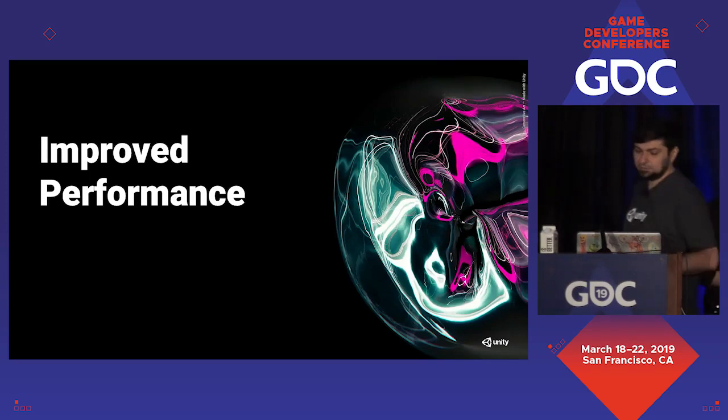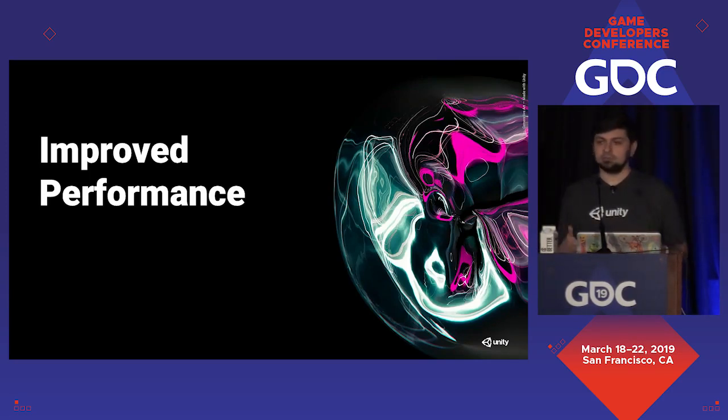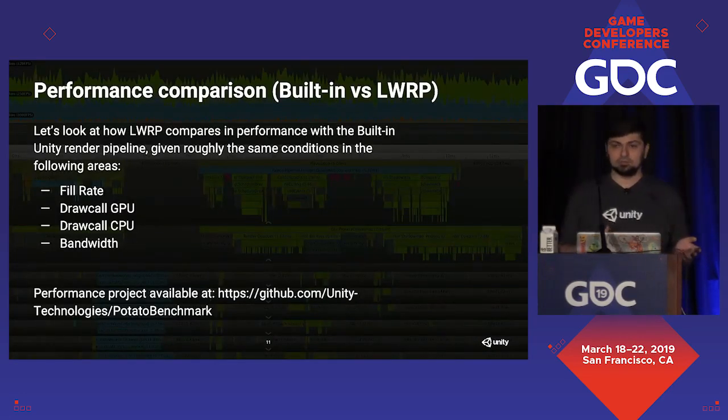So one of the things that we want to take a look at is performance, and we're going to talk about built-in pipeline and lightweight render pipeline. So the built-in pipeline is our previous rendering solution that was with Unity before 19.1. So we want to make a comparison in terms of performance here, but we also want to make a fair